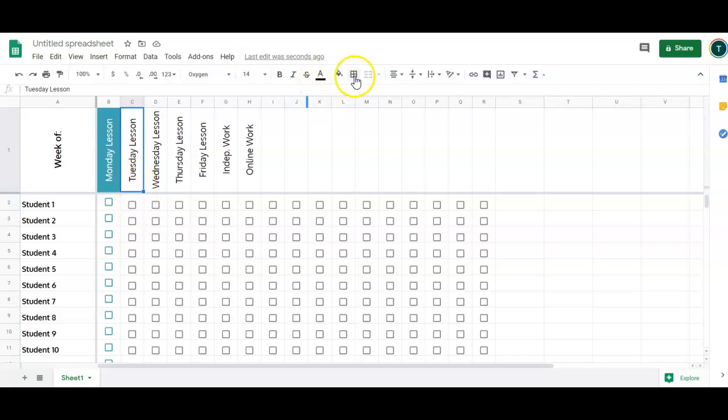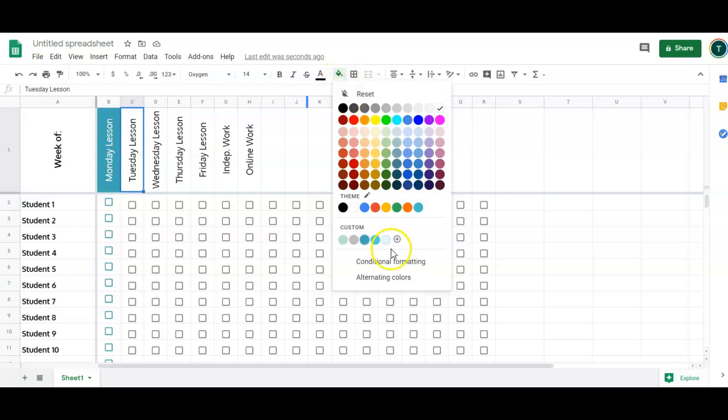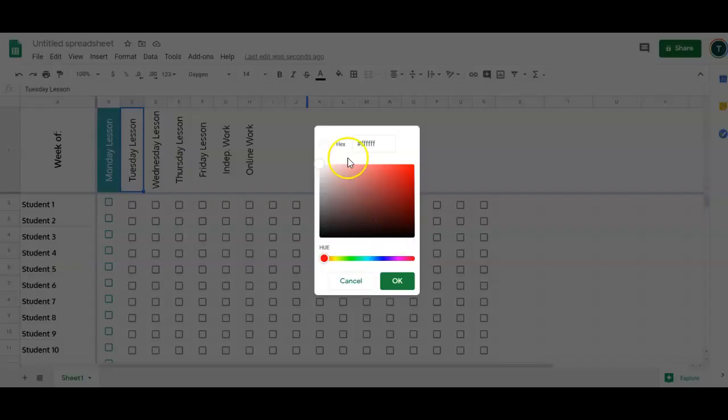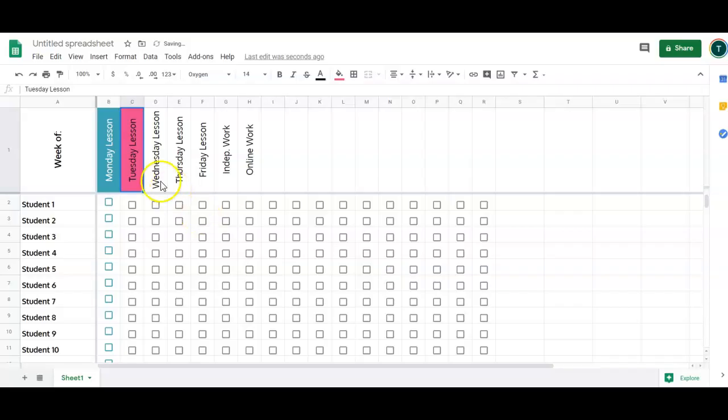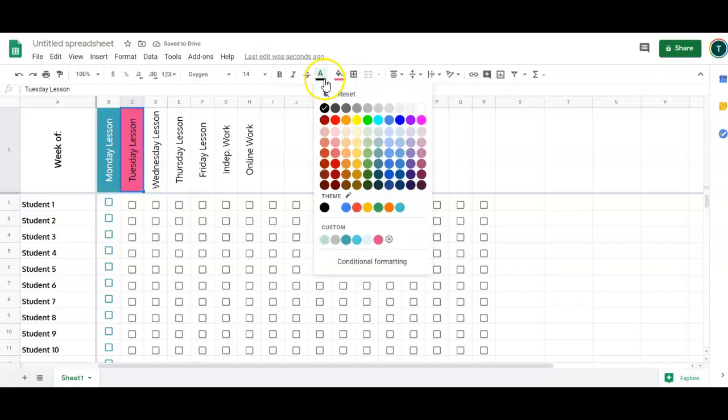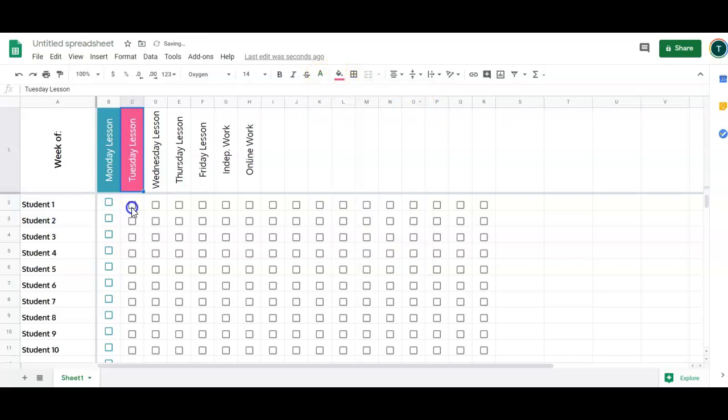I'm going to come again to my fill color, and I'm going to choose a custom color. I'm going to come over here, and I want it to be like a pink. So I'm going to scroll here, move over here. I need to adjust to make it a little bit. There we go. I'm going to click OK, change that, change the font to white, and then